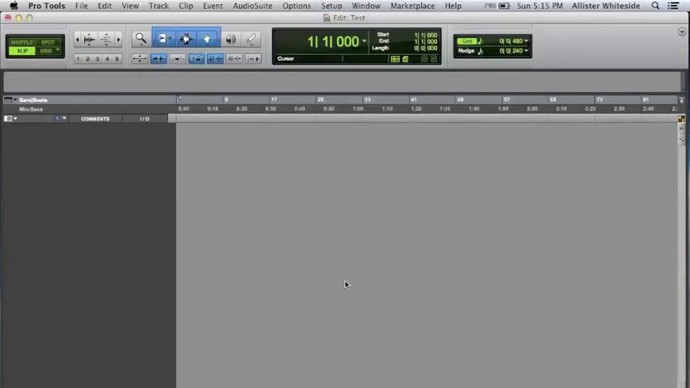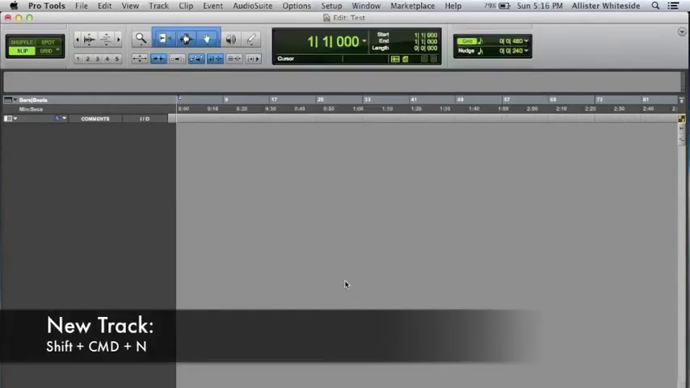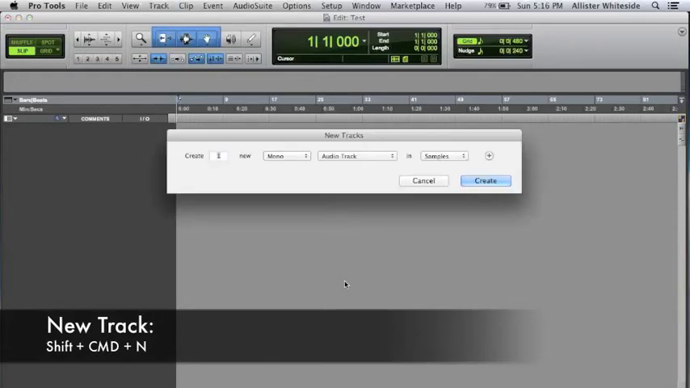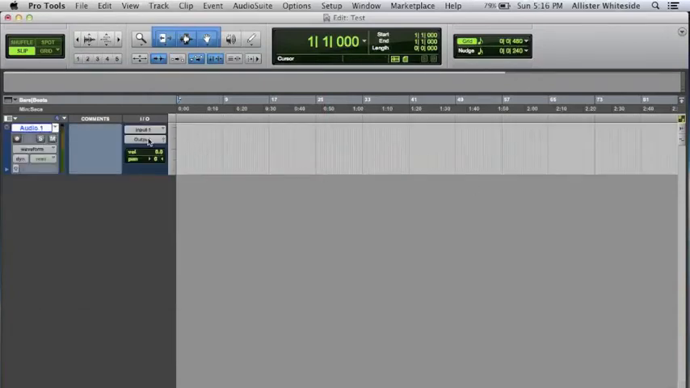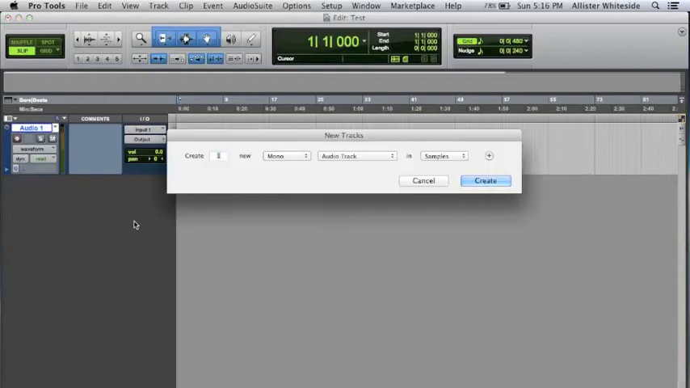So I'll show you if I do a new track, which can be done by holding down Shift, Command and N. That will bring up the new track. So if I create 1 mono audio track, and that track will be created, I can have the input as input 1 or input 2. This is using those as mono because it's not going to give me the option of using a stereo input to a mono track. And if I do Command Shift N again and select a stereo track,